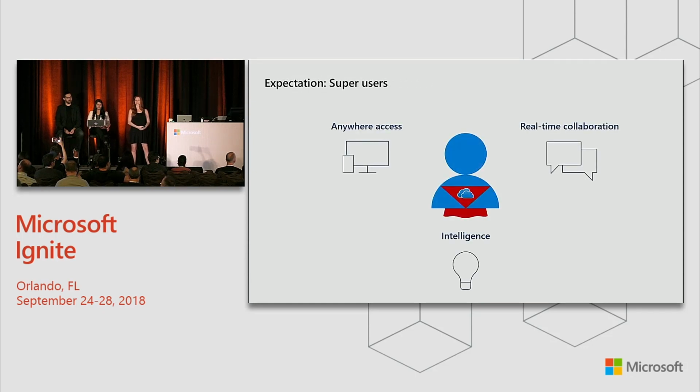Actually, quick poll of the audience, how many of you are admins? And how many of you would consider all of your users to be super users? Great, well, for the rest of you, what we often see are